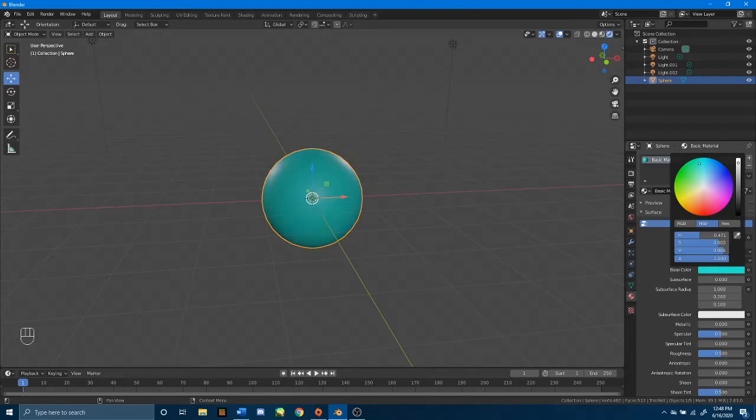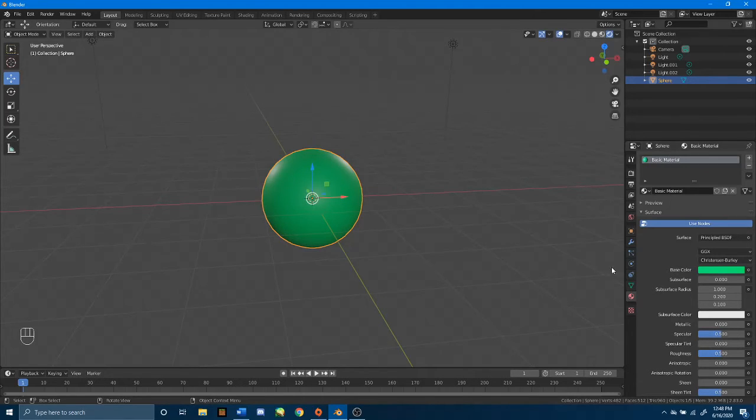It's a pretty color. I personally like green, so there we go. Subsurface is a little more complicated. It allows us to add another tint of color to the sphere depending on the lighting. This number determines how much subsurface we actually have showing. And what I mean by that is until we type something, there's nothing. But if I type in 0.15,